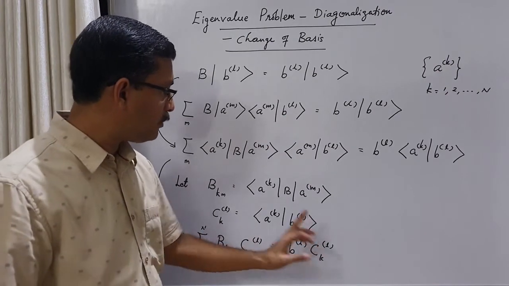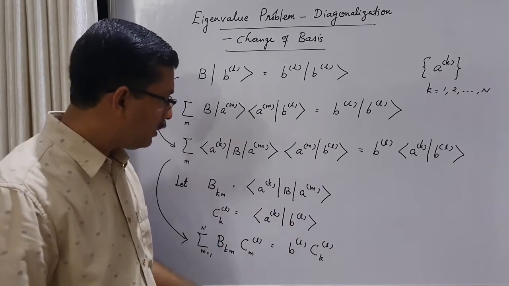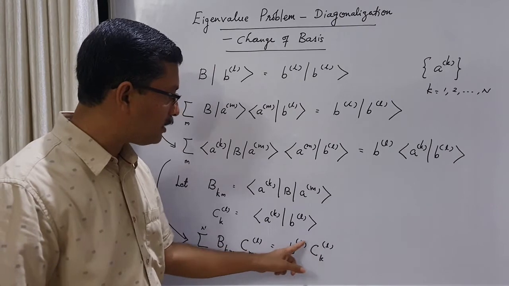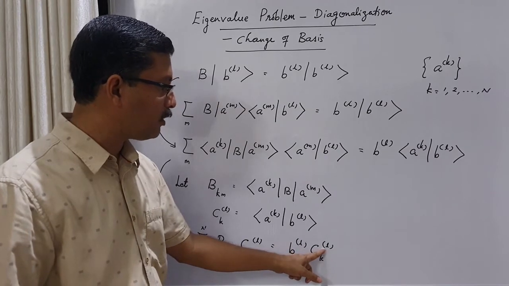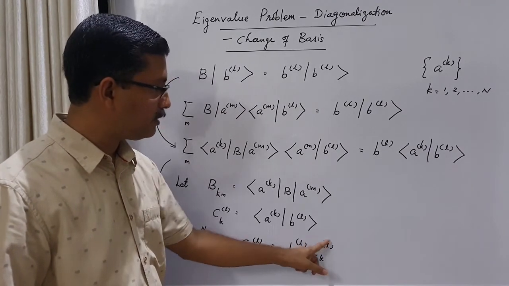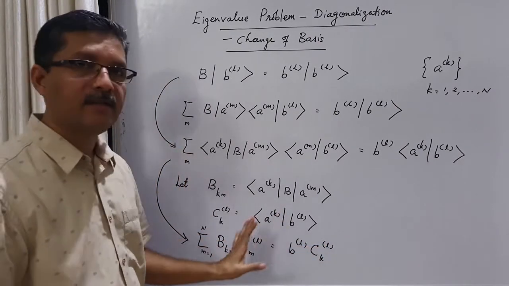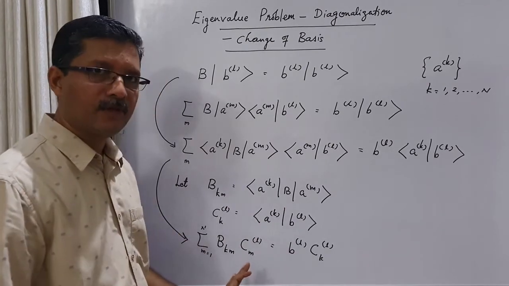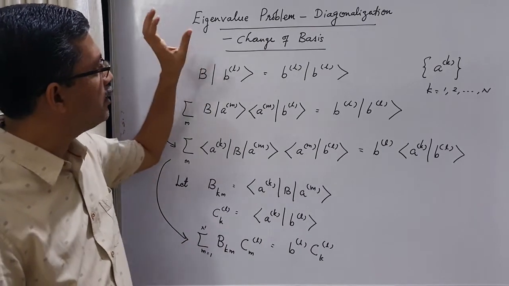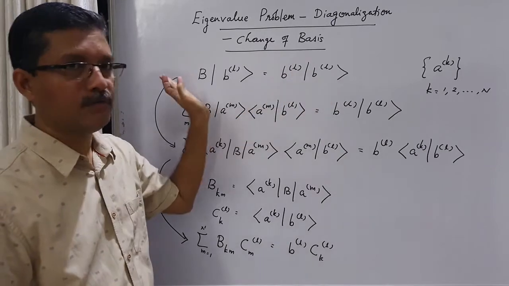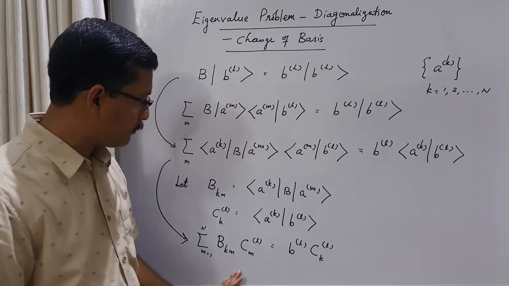And this L is a fixed index. L is also a free index. We can fix that. Now here it doesn't mean that L comes twice, but it's a superscript. It only means the Lth eigenvalue and the Lth components of the Lth eigenket. That's all. There is no repeated index here. It doesn't mean any summation. So L is also acting as a free index, and K is also acting as a free index. So this is the eigenvalue equation for the Lth eigenvalue and Lth eigenket of B. And this we have simply written down in a shorthand notation form.